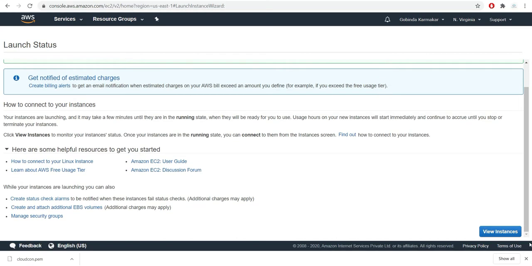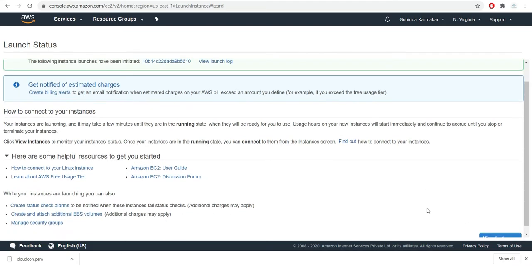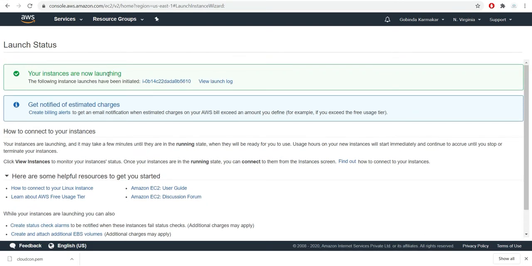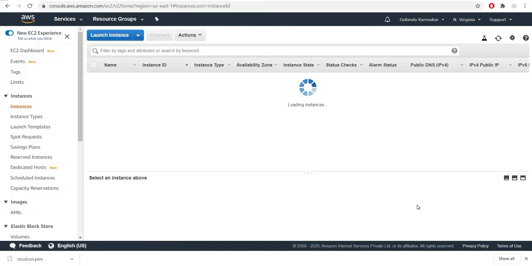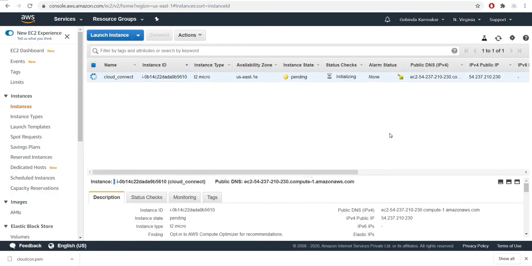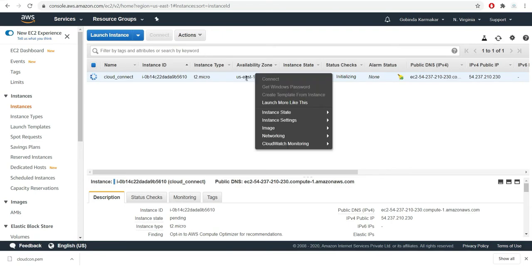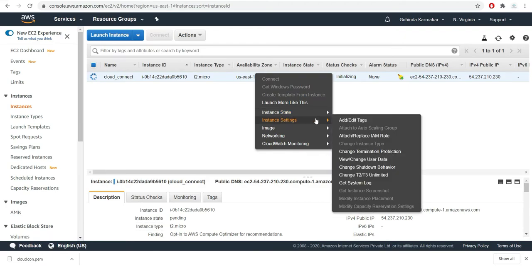Okay, so it has notified you that your instance is now launching. We can go to the instance console and check whether it's launched or not. We can see that it's pending, but we can refresh manually. We can also check the instance state, like at what stage it is right now.